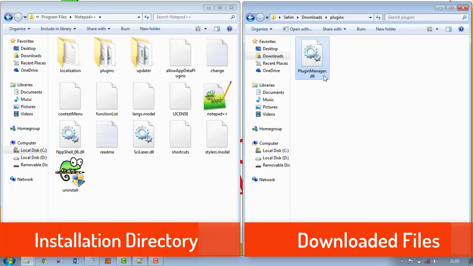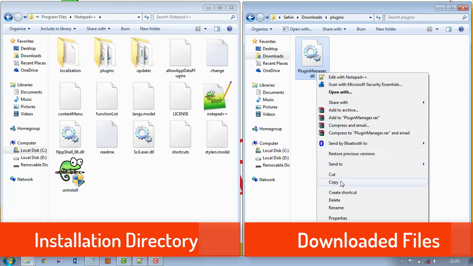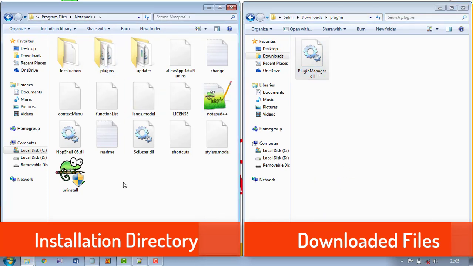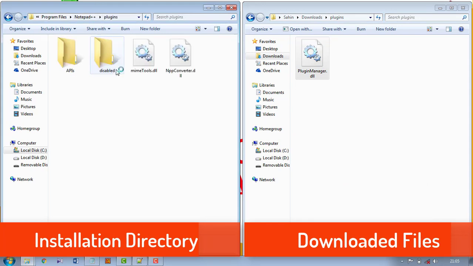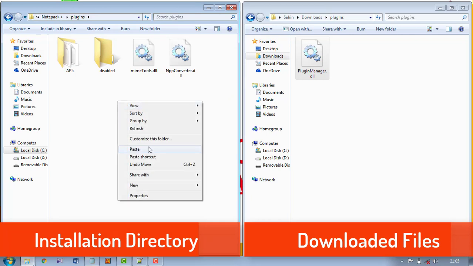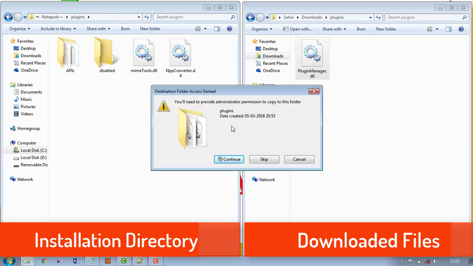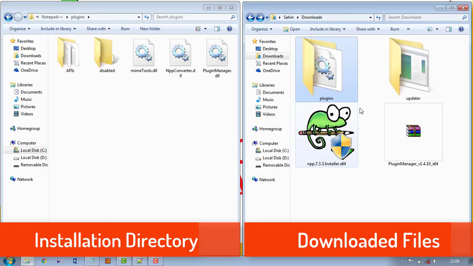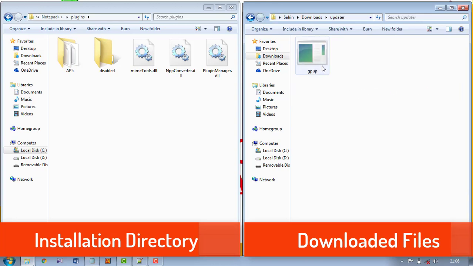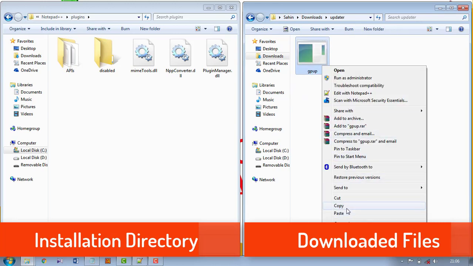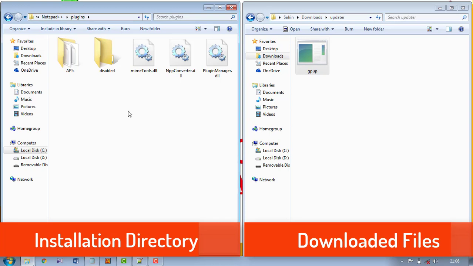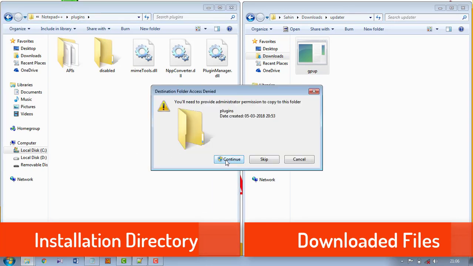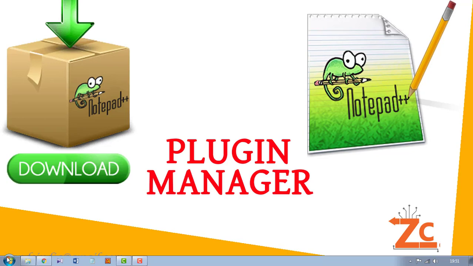So plugins manager.dll. So copy that file and go to the installation directory left side. So open plugins folder and paste here. You need to provide administrator permission. So click continue. So and next updater. So click on that, copy and paste here. Continue. Now open Notepad++